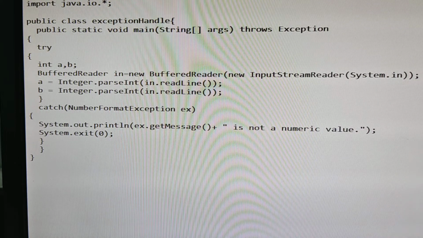Okay, so in order to throw that error to the user, what class are we using here? NumberFormatException. NumberFormatException is an exception type. ex is an object. So whatever error is there, that information is stored in ex, and that error should be thrown to the user. That error message should be given to the user by using the getMessage function. So actually that is the program.